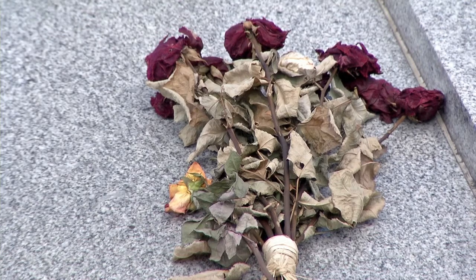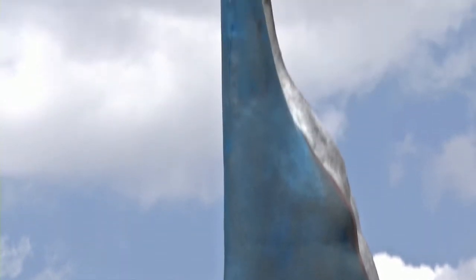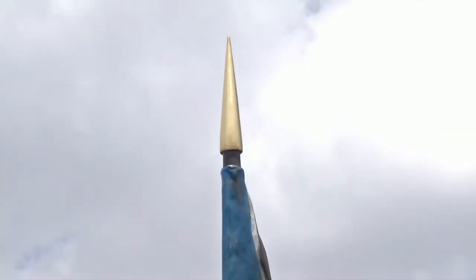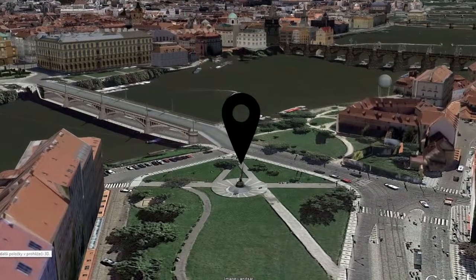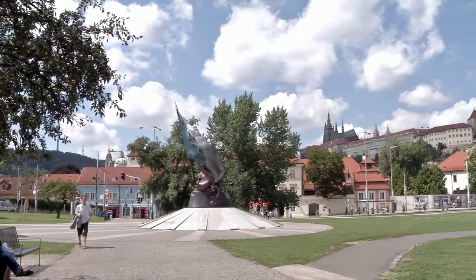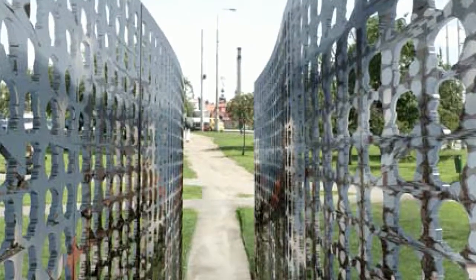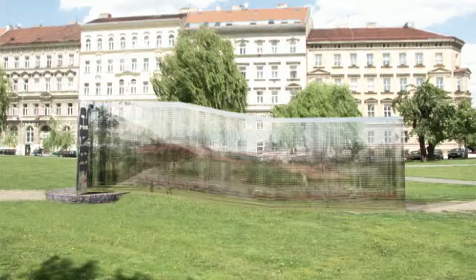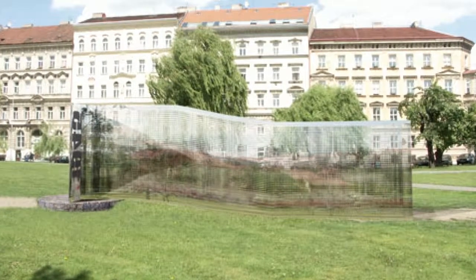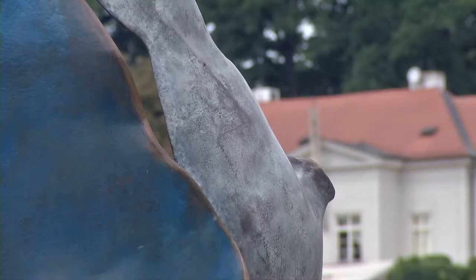The memorial of the second resistance movement has the form of a torn but standing national flag. It is placed on the bridgehead of the Mánes Bridge over the river Vltava under the Prague Castle. The original winner of the competition for this memorial was a known Czech sculptor, David Černý. However, due to some of his presentations in the media related to this project, Vladimír Preclík, the second winner, was